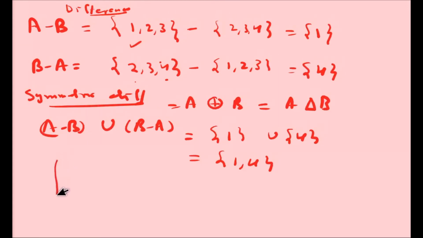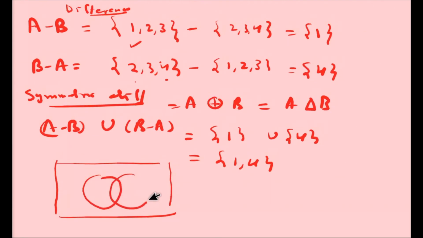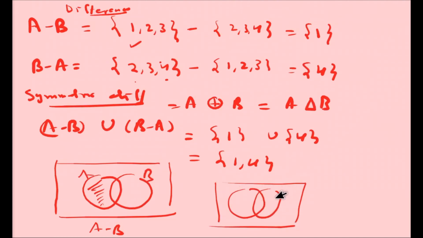Now in the diagram we can describe it this way. This portion is A minus B, and this portion is B minus A. So we can say it is only A and it is only B. If we want to find only A, we write A minus B; for only B, we write B minus A. Okay students, now we can also check this way.